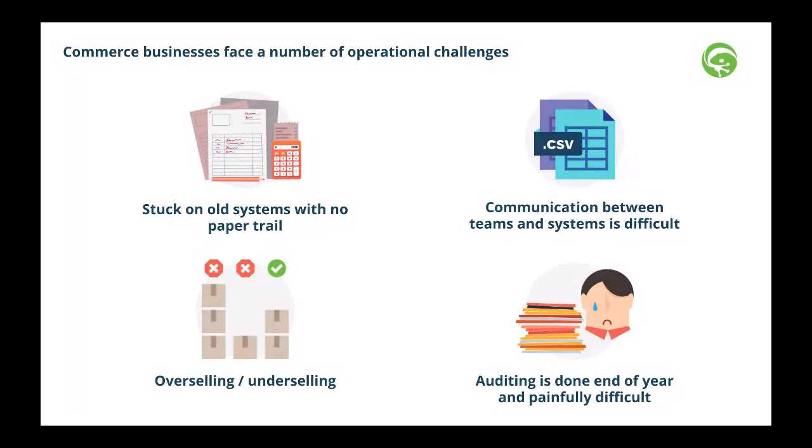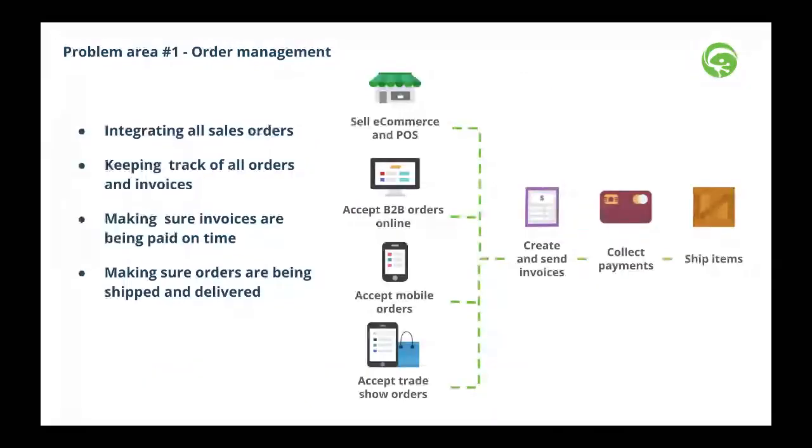First is order management. What does order management mean? It means you might have orders coming in from a variety of different sources. You might be selling through retail, using POS software. You might have a wholesale component to your business. You probably are selling online, and through various marketplaces like eBay and Walmart. Being able to track all those orders and order flows becomes increasingly difficult, specifically around payments on invoices, collecting those payments, and all the way through the fulfillment side, making sure your customers are getting a really strong experience through and through.